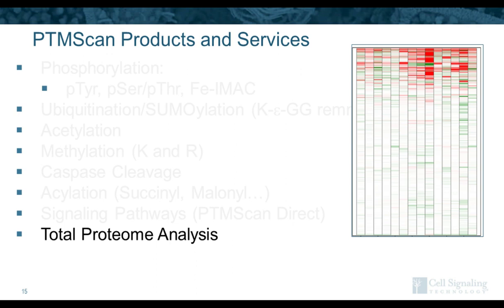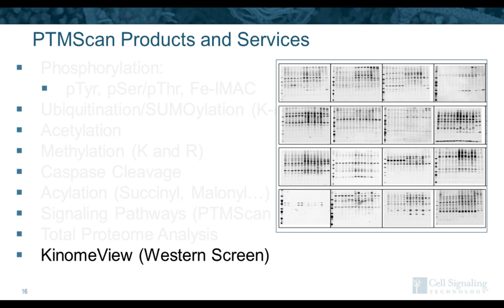We do total proteomics, so here there's just no enrichment step. We cut to peptides, clean up those peptides, and run them on the instrument to look at what's happening to protein levels across cells. We do Western blotting. So in cases when it's not clear which PTM or motif antibody you should use for the enrichment, we can take those same antibodies, run a series of Western blots, and look for changes in band patterns, band intensities. And where you see those changes, that informs you what the best antibody or antibodies would be for the follow-up mass spec analysis, and we call that kinome view.